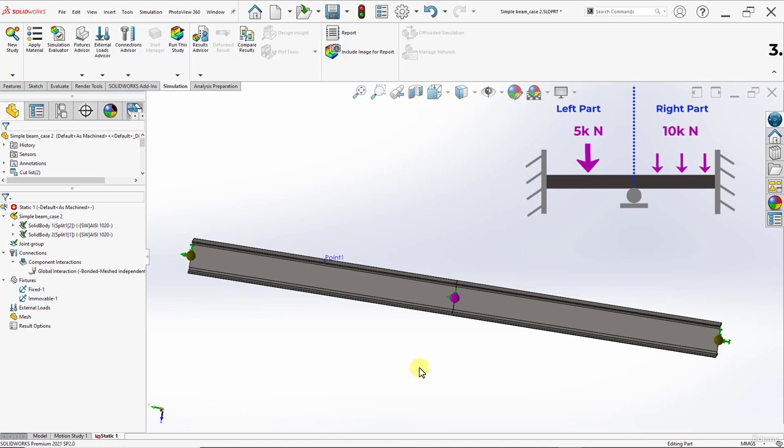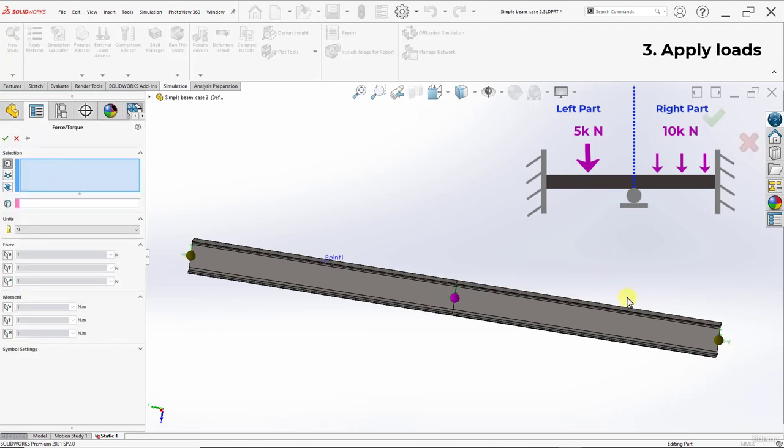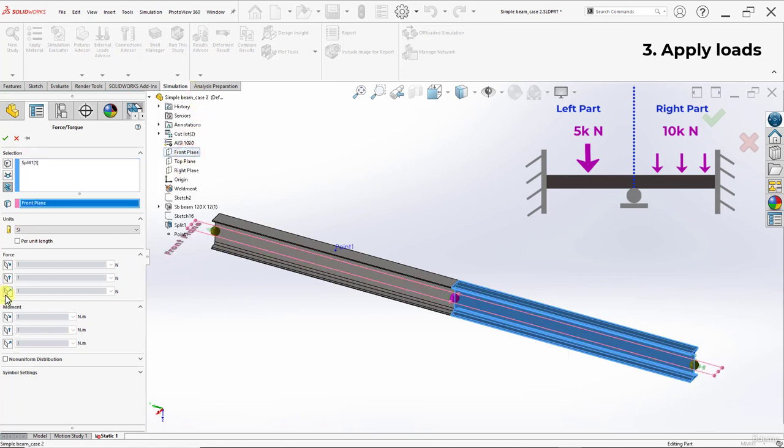Now let me go ahead and apply the loads. Right click on external loads, select force, and here we have two forces that we need to apply. The first is a 10,000 Newton force distributed to one side of the beam, and the other is a point force of 5,000 Newton. So I will start with the 10,000 Newton force. Here in the selection, I will select beam, and then select half of the beam. And then for the direction, I will use my front plane as an indicator, and then select the force normal to plane,